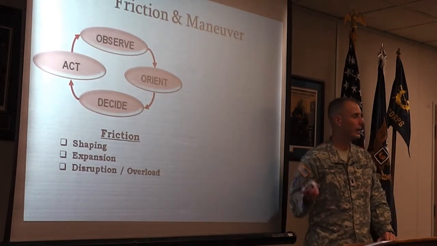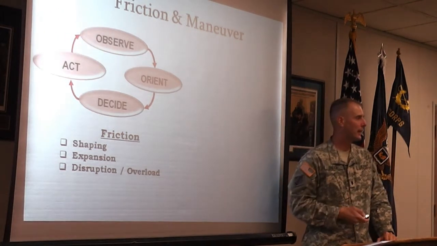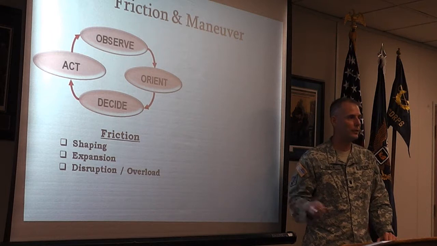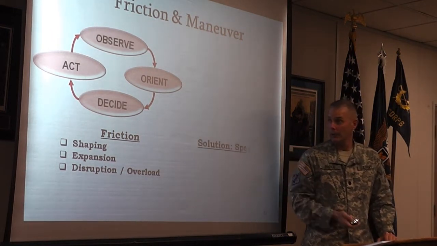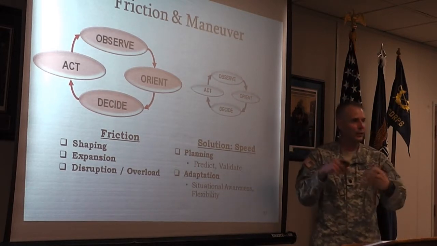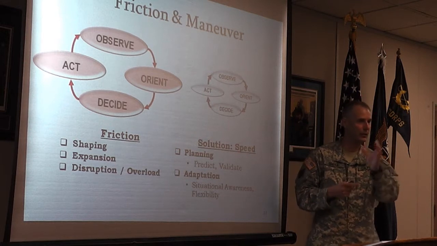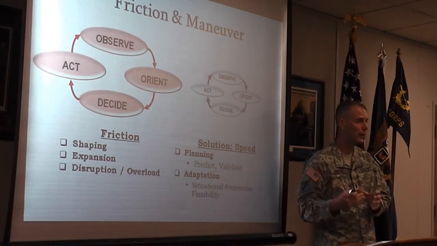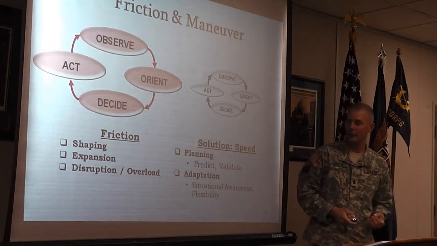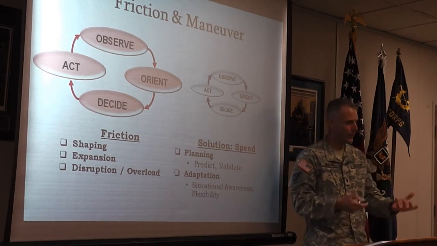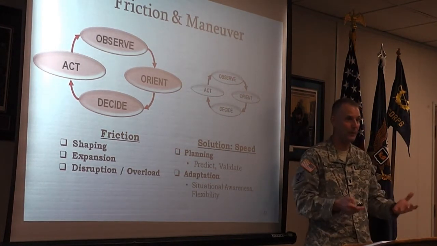Friction can gum up the other guy's OODA loop or your OODA loop through these means. How do you protect against that? All right, everyone gets lucky. Even if you haven't studied strategy, you've probably seen some of these kinds of things happen. What do you do? You need to make your OODA loop nice and tight. You need to make it really compact so that you're zipping through as fast as possible and taking actions, continually giving them more stuff to think about, and continuing to shape the situation the way you need it to be shaped. How do you do that? Planning. You've got to predict and preferably validate your actions. You do that ahead of time so you're not confined by bounded rationality.